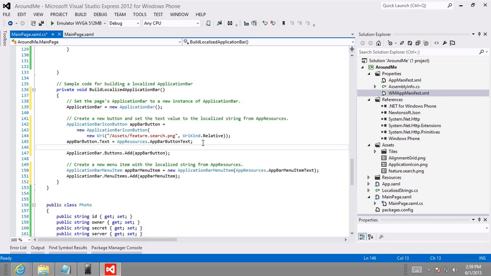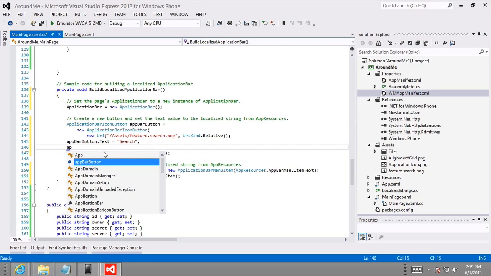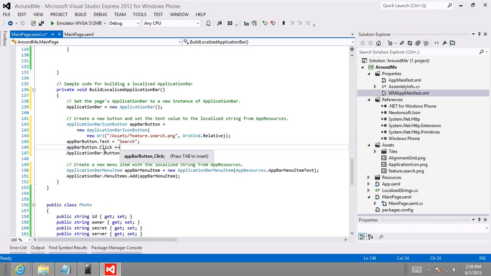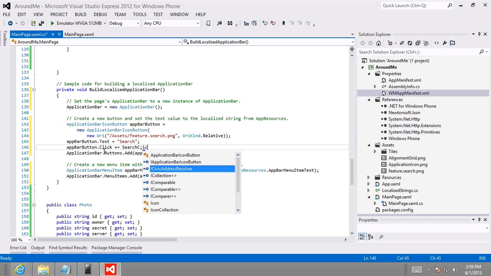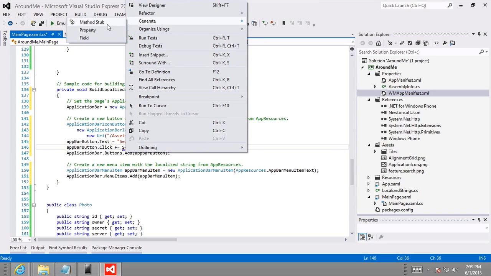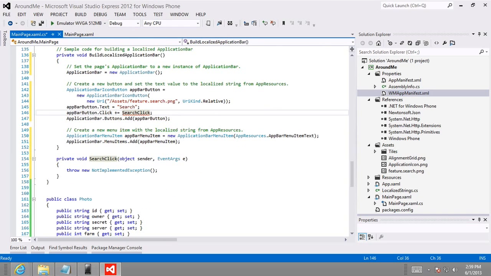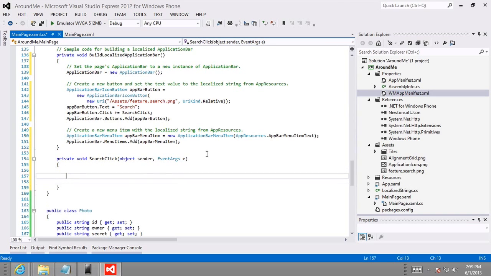We're going to change the app bar button.text, and we'll just hard code that to the word search, and then app bar button.click. I want to wire that up to something called search click. So we'll add a new event handler method stub called search click. I'll right click it, select generate method stub. Great. And so when somebody clicks that little search icon on the toolbar, we want to navigate to a new